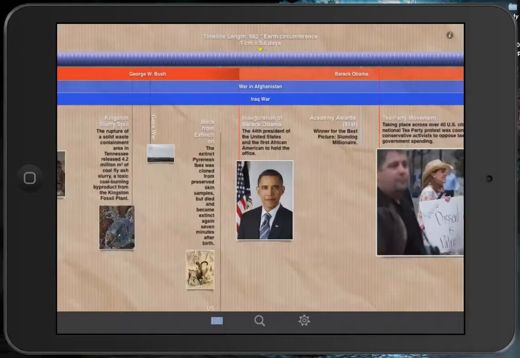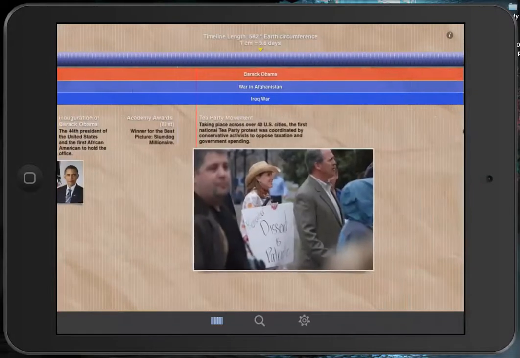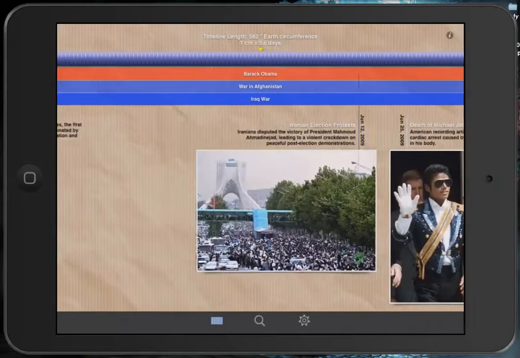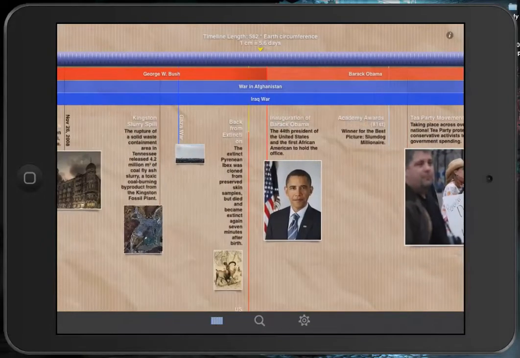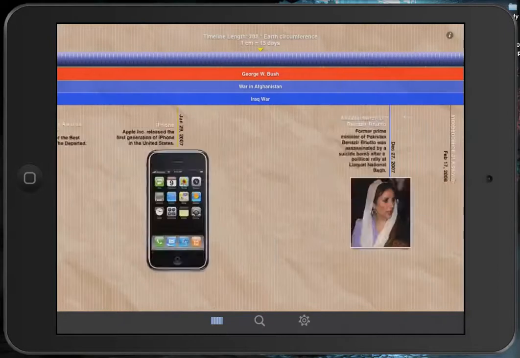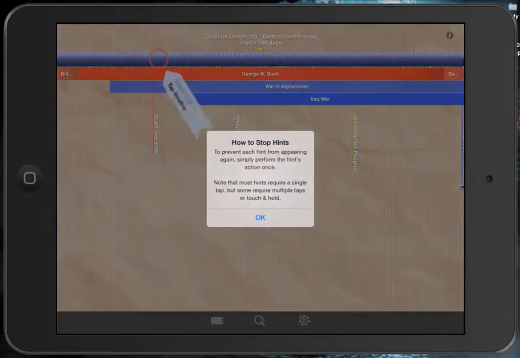I can then scroll across and actually get various news events along that timeline with some visual images to support it. I can then completely jump out of that and go to other events. For example, we've got George W. Bush at the top, so let's go to that one. And this will take us through, here we go,